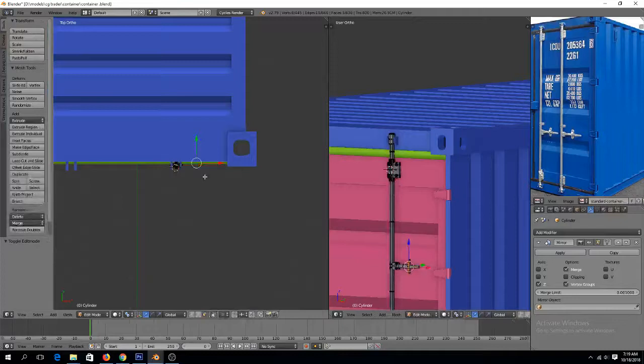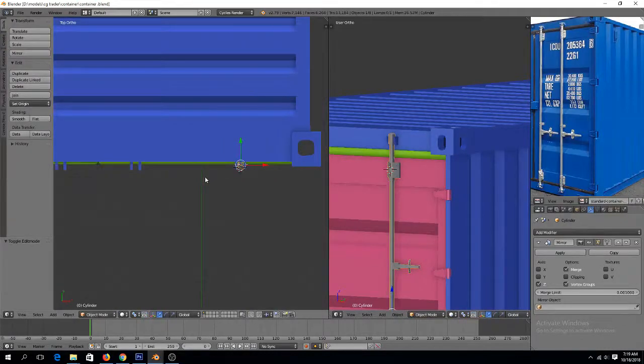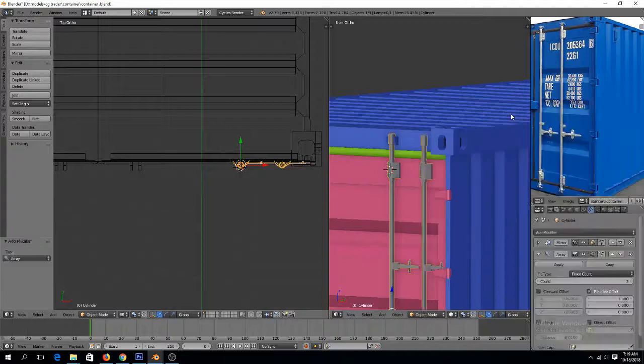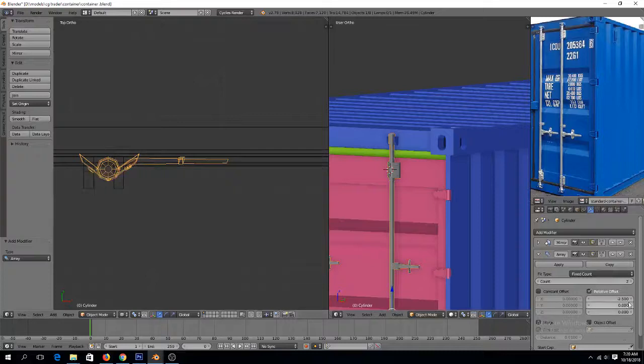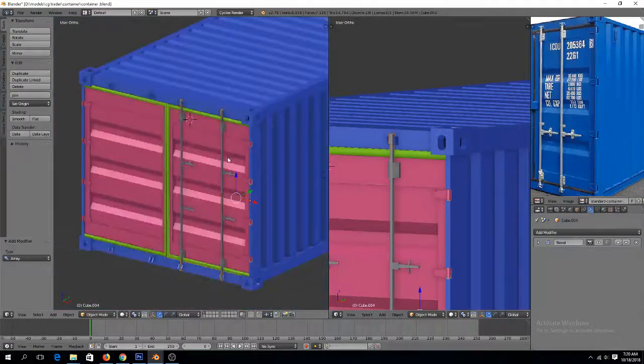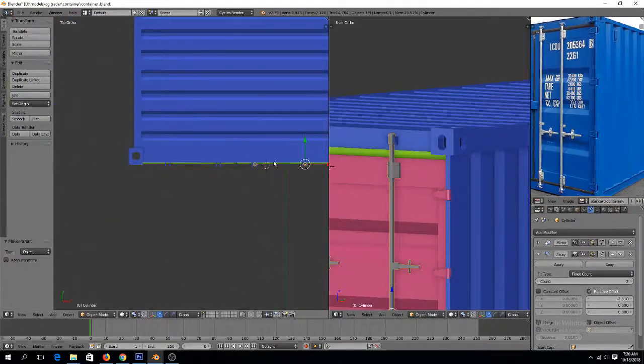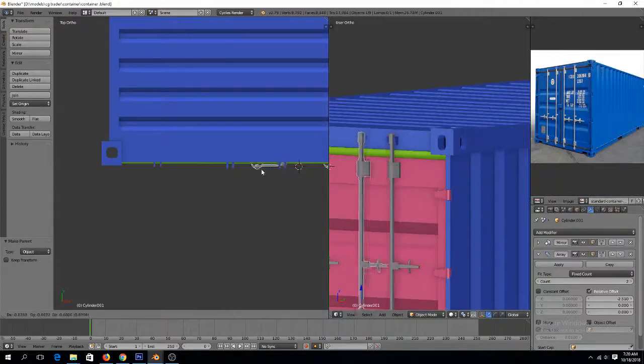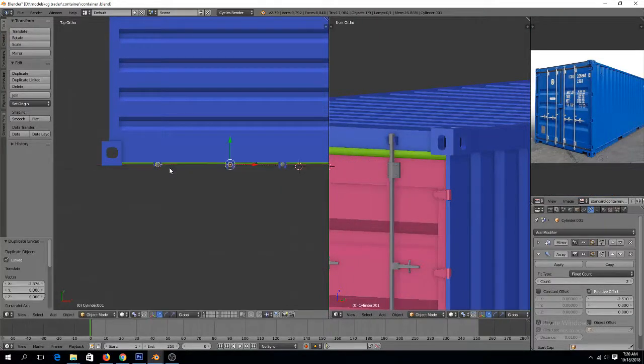So we just need to add an array in the negative direction to around that, maybe. And now we can parent this to the door like that. Control P. Make an instance of this, Shift D, move it to here, mirror this in the X direction,